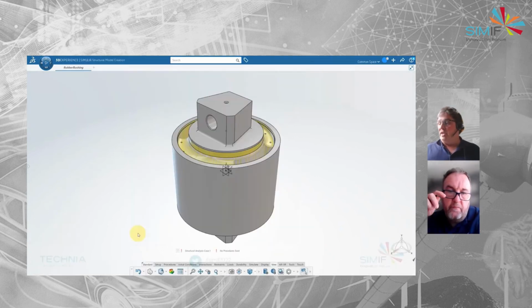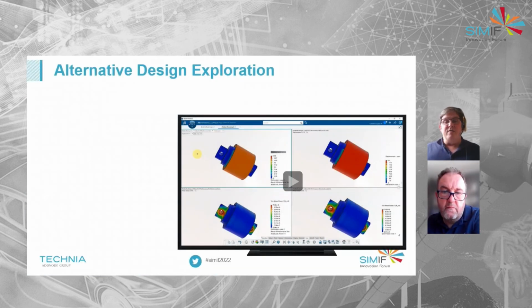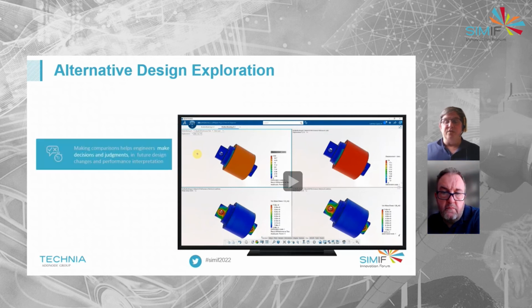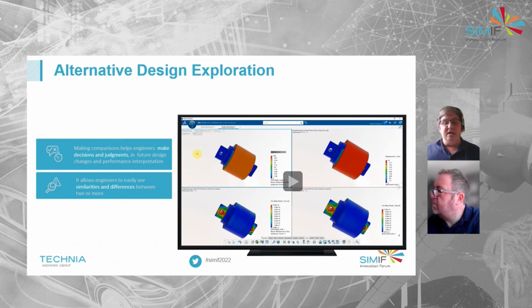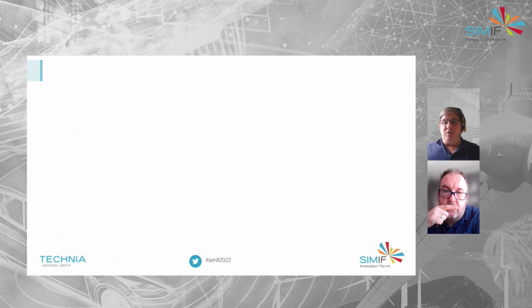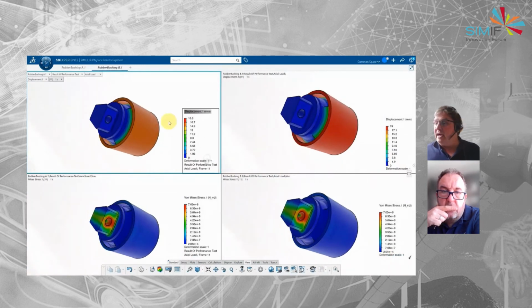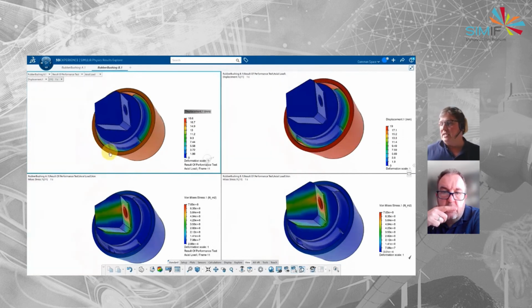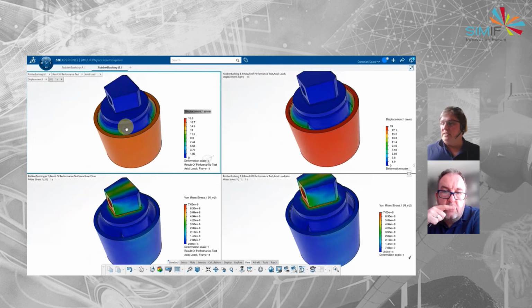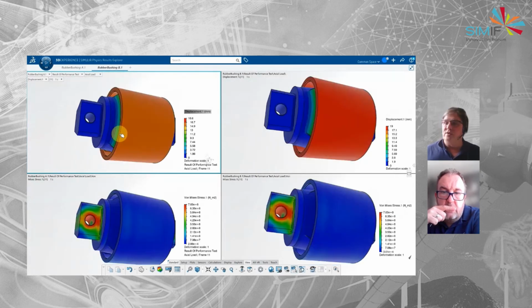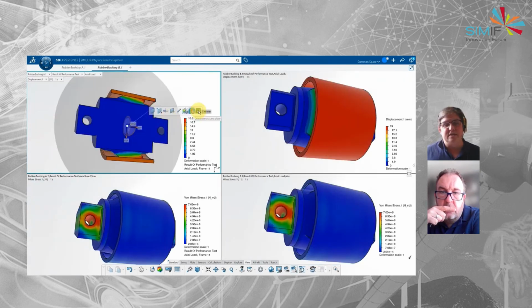But so that's running, that's run, and now we've got a bunch of results back, and we want to figure out whether that revision and that idea of changing that rubber has been worthwhile. So we look in the results explorer. Now this allows us to open up multiple simulations and see them side by side, rotating the top one, so we're always looking at exactly the same view.